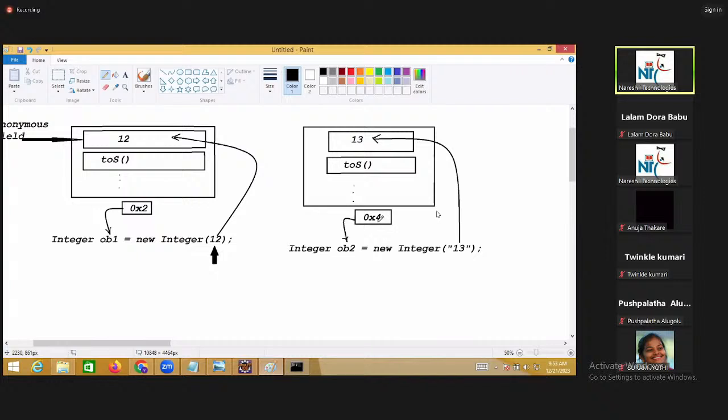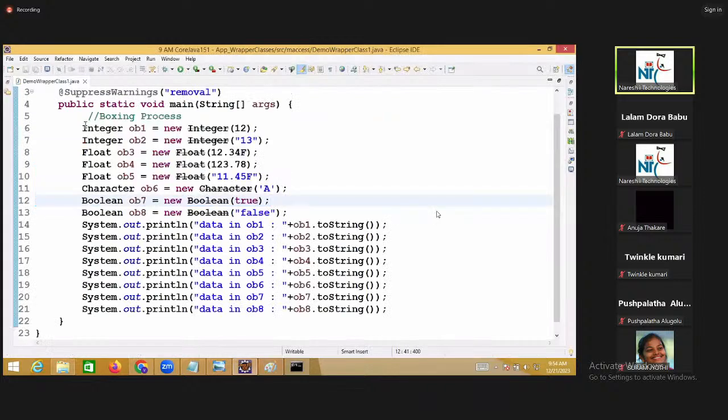Because of this reason, whatever you enter from the keyboard is primitive only, not objects. A C programmer will also buy the keyboard from Ameerpet only. A Java developer will also buy the keyboard from the same shop only. Keyboard input is primitive for all. But according to our language, we have to convert them into objects. That is the wrapper classes. All of you understood this? All these are objects. The primitives, you are making them available in the form of objects. We call it boxing. To perform boxing, we are using constructors. These are the options. All of you clear about this statement? Right.